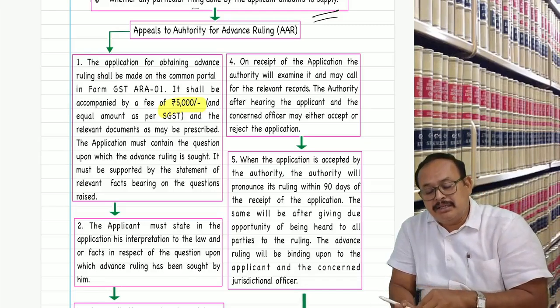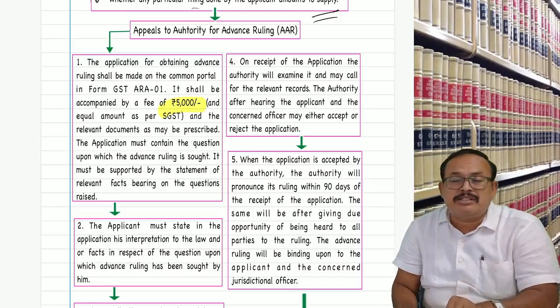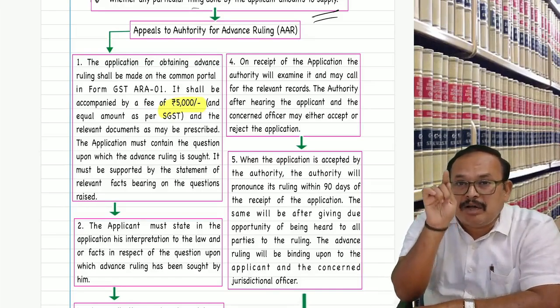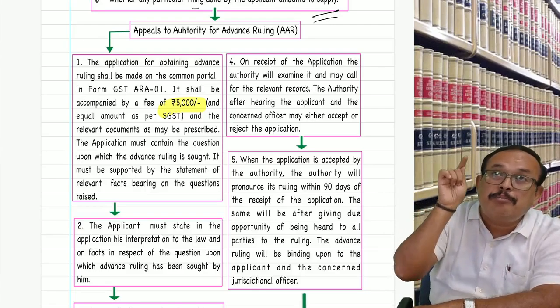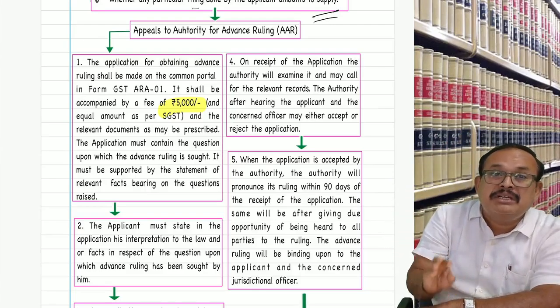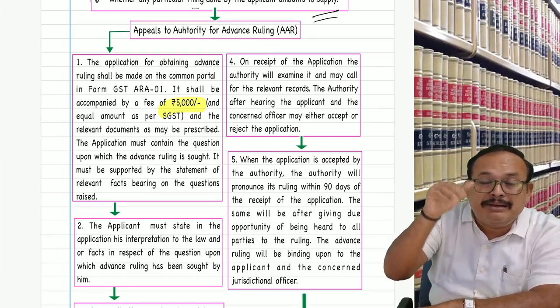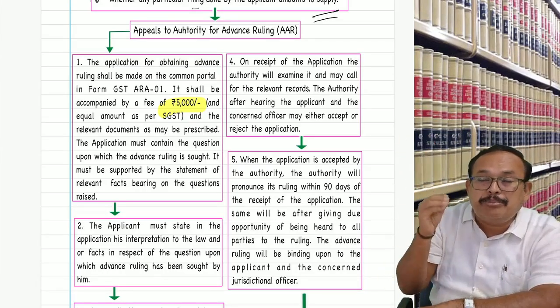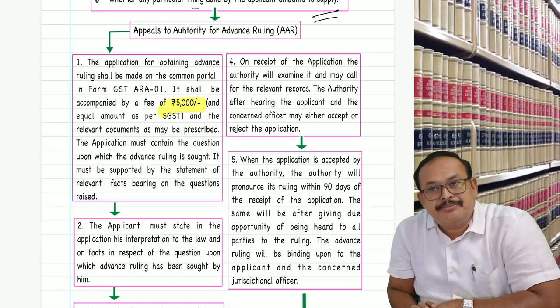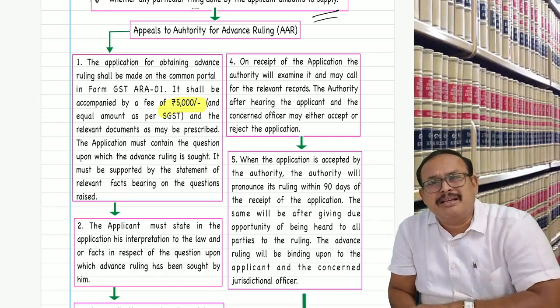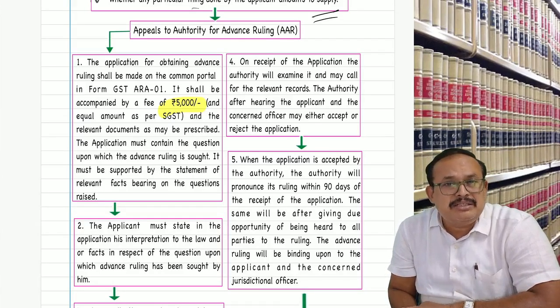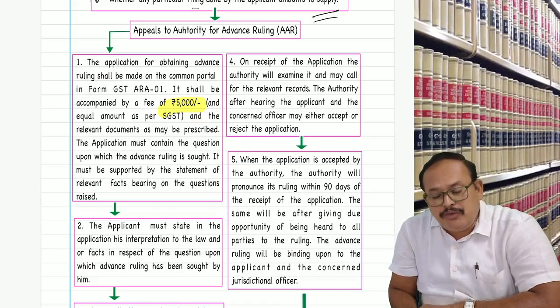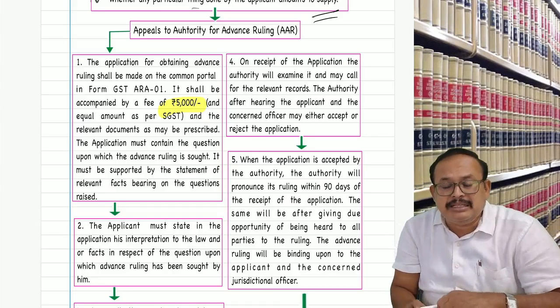The law here says once the Authority for Advance Ruling has given the ruling for an applicant, it is applicable to that applicant as well as the department. It cannot be applied to the applicant's associate companies. It cannot be applied to the applicant's related persons. It cannot be applied to the applicant's friends. Then Sham, you again apply by making the payment to AAR, CGST and SGST fee, each 5,000, totally 10,000. Make an application. If you apply, the appeal authority will hear the case.